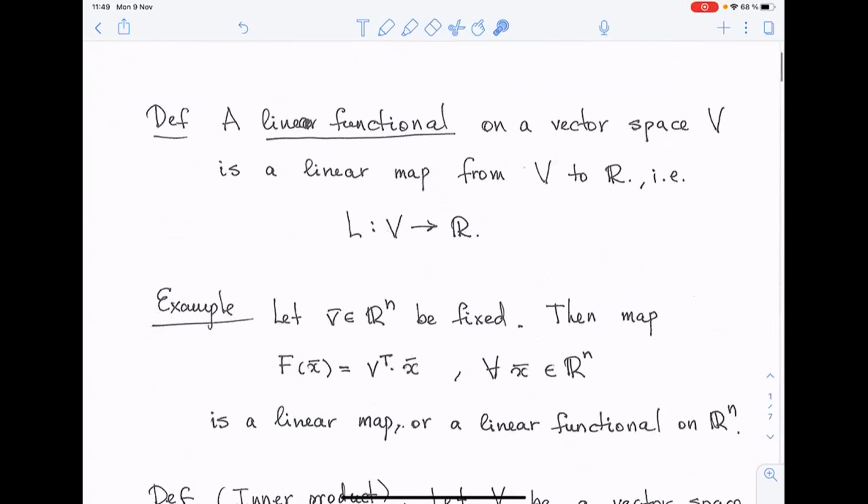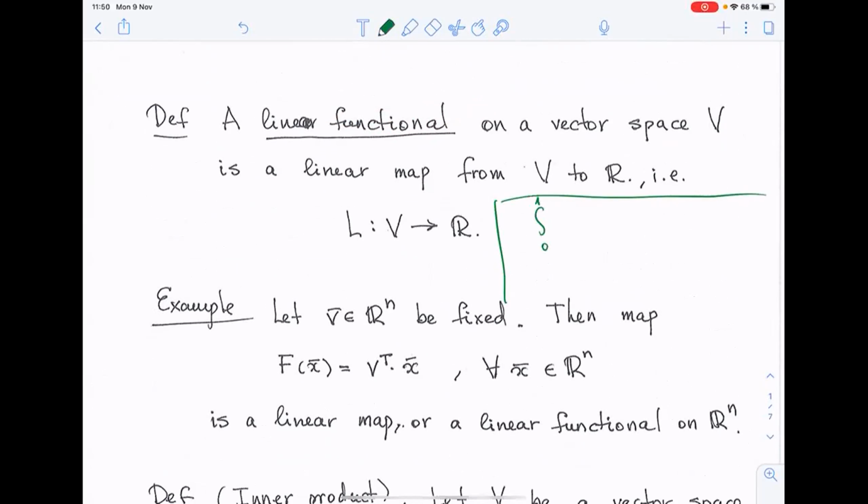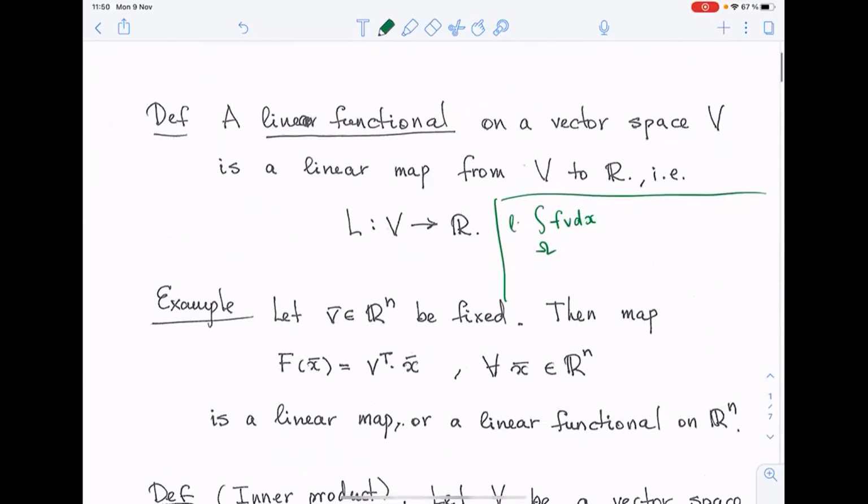We use a lot of these so-called linear operations, linear functionals. And one of these linear functionals could be, remember, we use some integration from, for example, 0 to 1. And let me just write not 0 to 1, but some omega. And we take some f times v dx. Do you remember this? This is right inside your variational formulation, but if you don't remember, don't worry, we will come back to that. So the point is, it takes any element